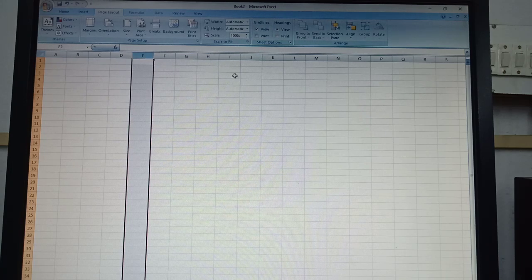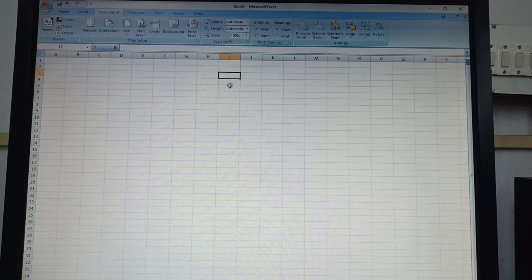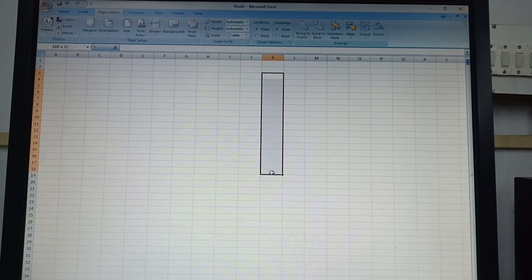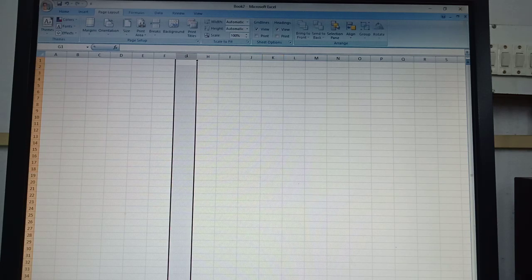We do not need to do this by pressing Ctrl and clicking on each one, or by dragging it. That is also a way, but that is for selection. Say, for example, we have to select 5 columns or 6 columns or 8 columns, then we can use the mouse or keyboard to select that number of columns. But when we have to select the whole column, we have to click on the column header.